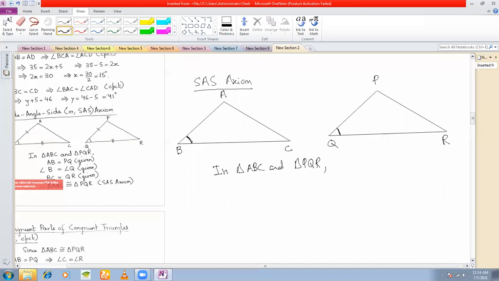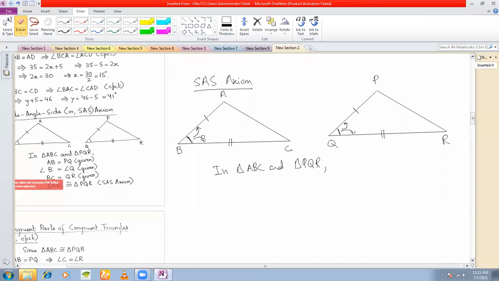Okay, now this side is given equal to this side. This is one included side. This side is given equal to this side, and this side is given to be equal to this side. Then you can say that these two triangles are congruent because this angle includes this side and it also includes this side. Then only you can say by SAS. Otherwise, if the non-included sides are given to be equal, you cannot say that the triangles are congruent.